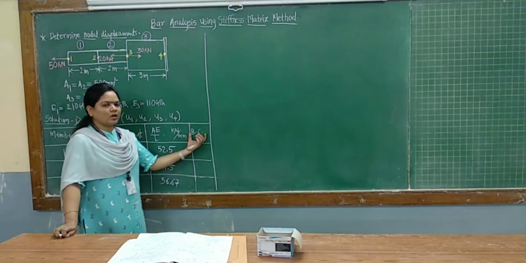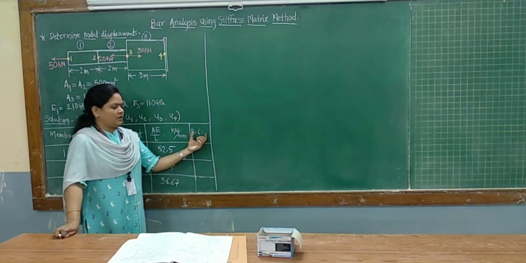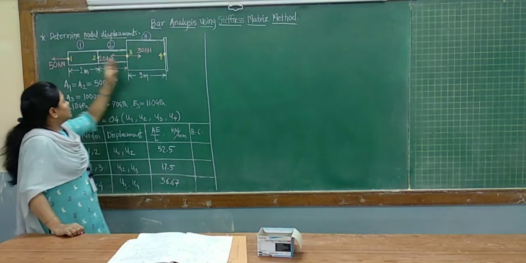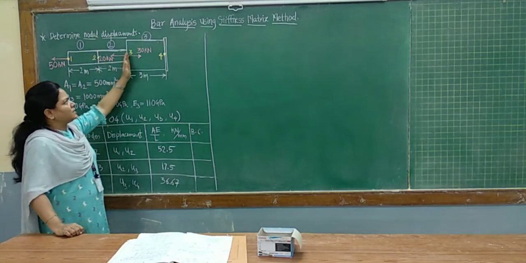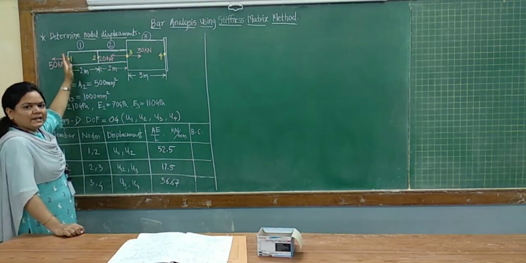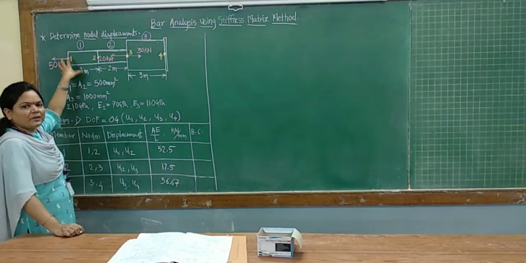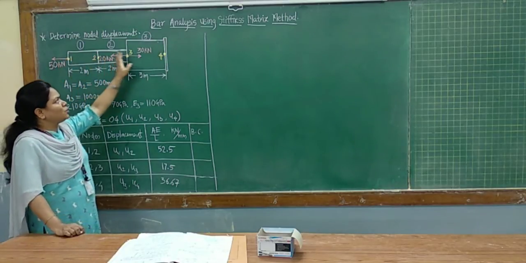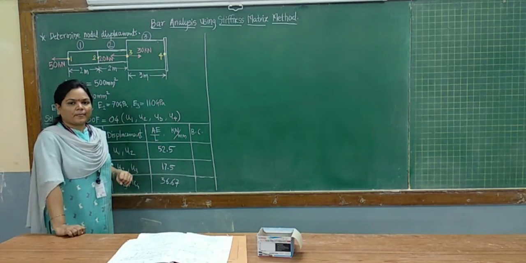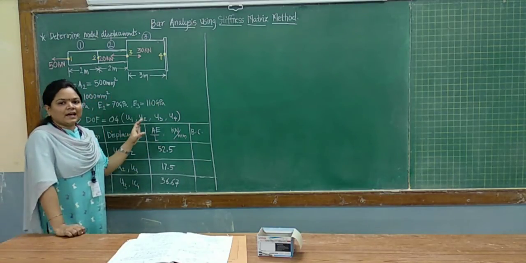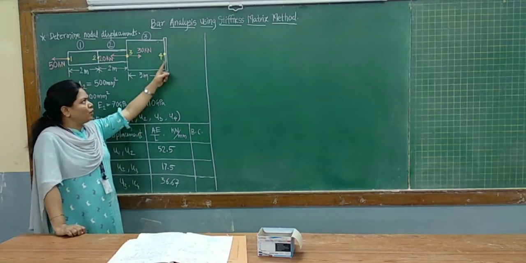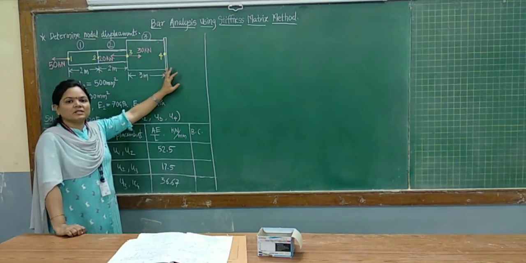Now the last column is of boundary conditions. As you can see, consider nodes 1, 2, 3 and 4. Node 1 is obviously loaded with some load, so there will be some displacement. Similarly, at node 3 there will be some displacement. But if you see node 4, u1 to u3 are unknown, right? Those values we have to calculate. But at node 4, that value is known to us because of the support condition.